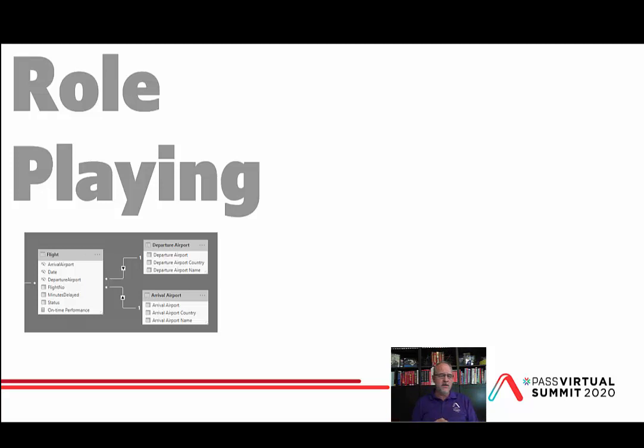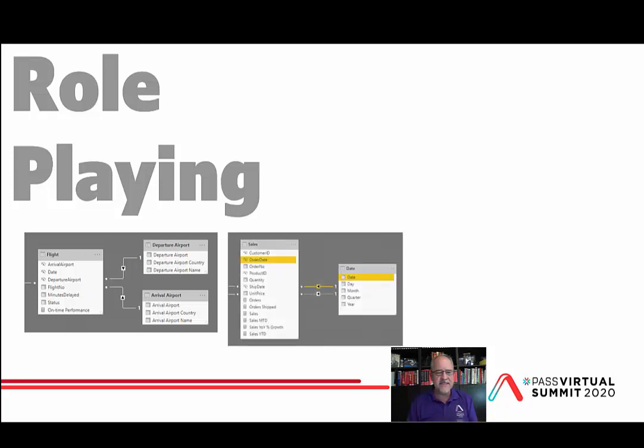and there are three-letter codes that are used throughout the world, and particularly in the United States, to represent these airports. Well, a departure airport is an arrival airport. I don't need to say, this uniquely describes departure airports, and this other thing uniquely describes arrival airports. But if I want to be able to select a departure airport and then select an arrival airport, switch those around, then I'm really just going to use the same base table, but I need to materialize it twice because that's a role-playing dimension. We'll take a look at how that's actually done.